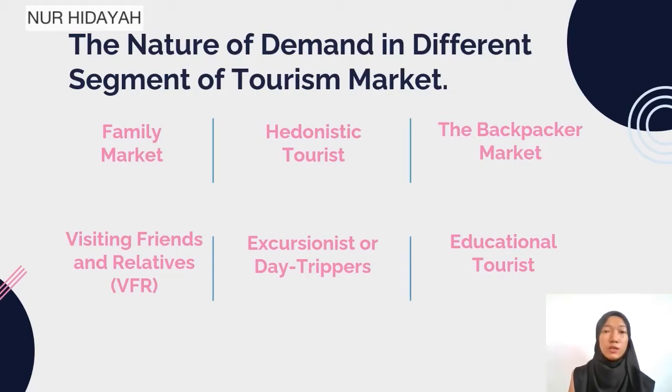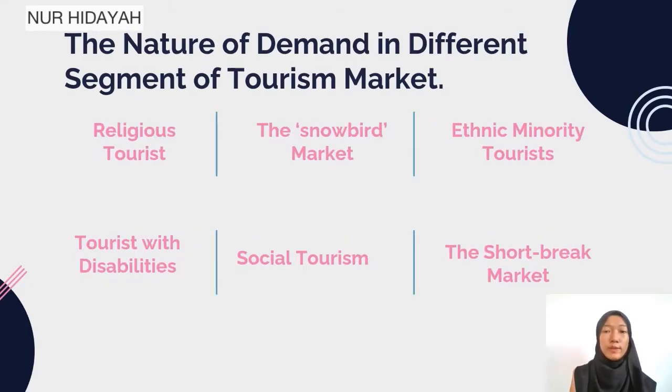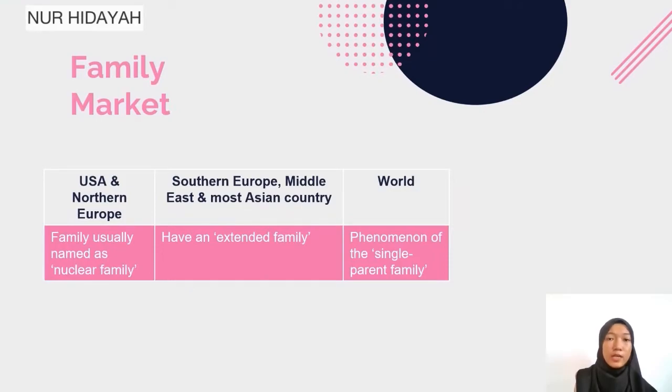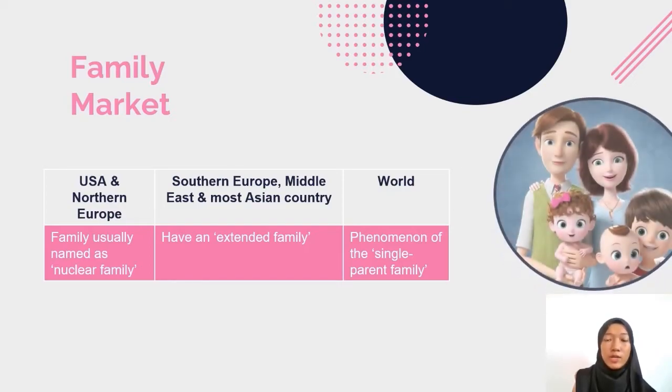There are 12 tourism markets. First, the family market. In the USA and Northern Europe, a family is usually a nuclear family with 2 parents and 1 to 3 children. In Southern Europe, the Middle East, and most Asian countries, there is the phenomenon of an extended family with a large number of children, and also a combination of relatives and a holiday, or their involvement